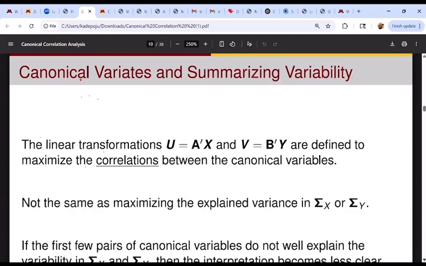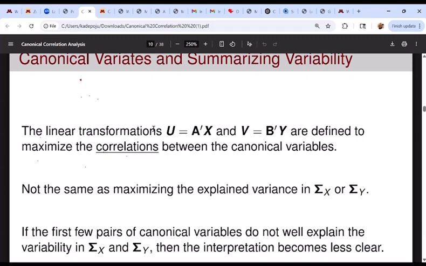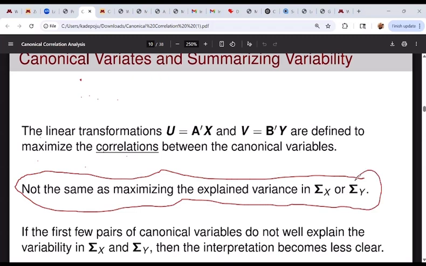Okay, so this is summarizing variability right now. We've defined a linear combination for X and a linear combination for Y, and we are seeking to maximize the correlations between any two canonical variables. Let me tell you the difference from principal component analysis: it is not the same as maximizing